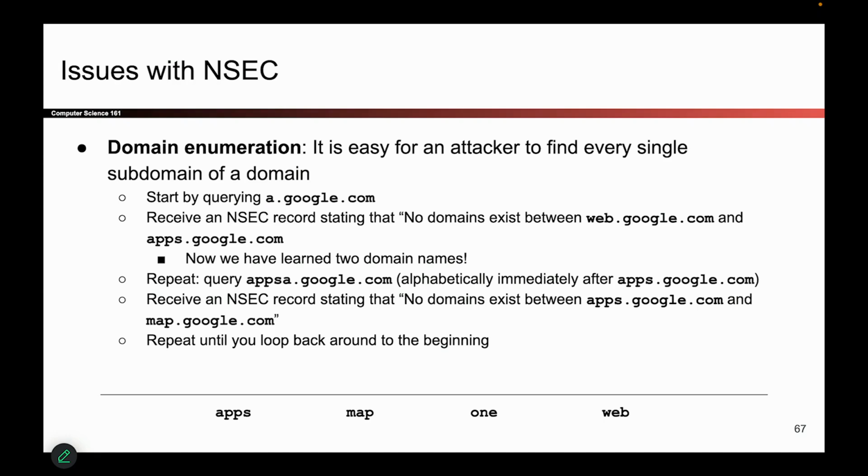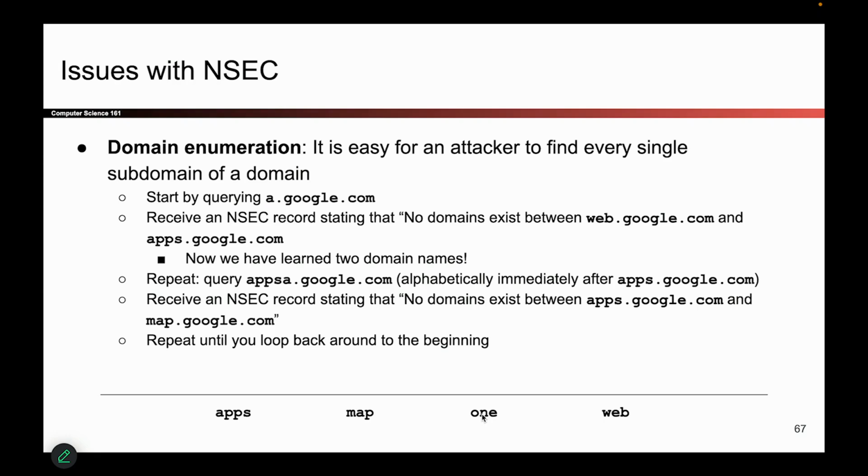When the user requested the IP address of nonexistent.google.com, they didn't necessarily know that map and 1 were valid subdomains, that there were actually websites living at map and 1. But the record that comes back reveals that there is something at map.google.com, and there is something at 1.google.com.